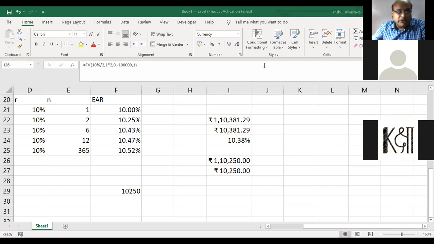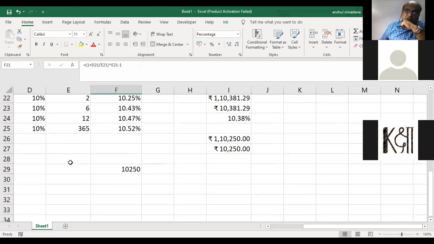A mutual fund, whether equity oriented or debt, goes as the NAV goes up or down; it's all market based. So this particular format of formula cannot be used for market based products. This is only true for products where the frequency of compounding is clearly defined. So in market based products, this 10% rate is nominal, and what we are calculating is the effective rate.